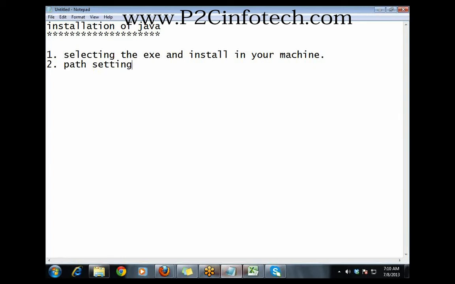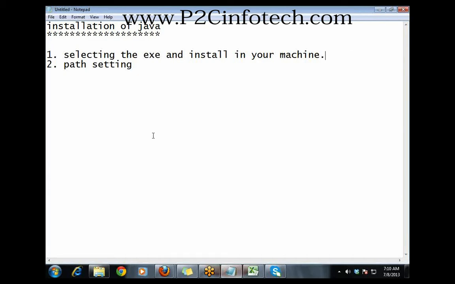Installation of Java is very simple, nothing new, however you install other software, the same way you will install. But path setting is very important for Java. If you do something wrong in the path setting, then it won't work for you. That is selection of the exe and installing Java on your machine.